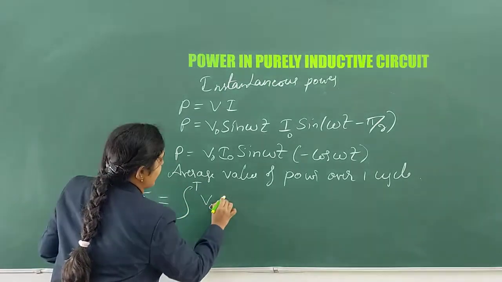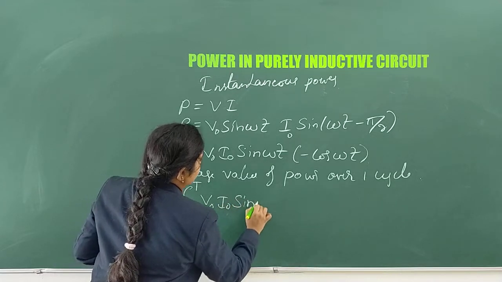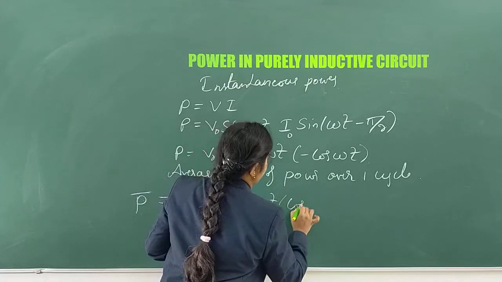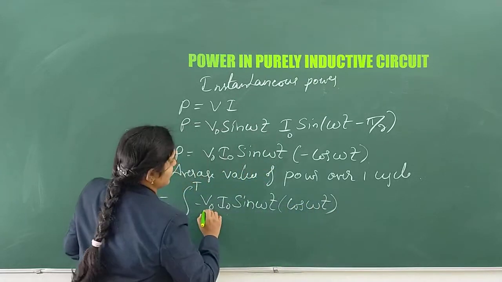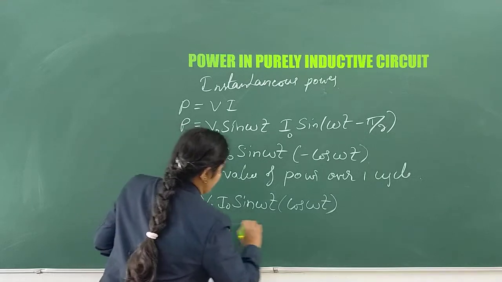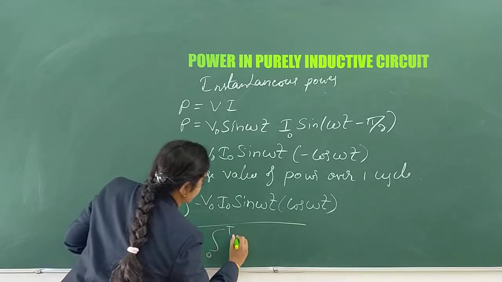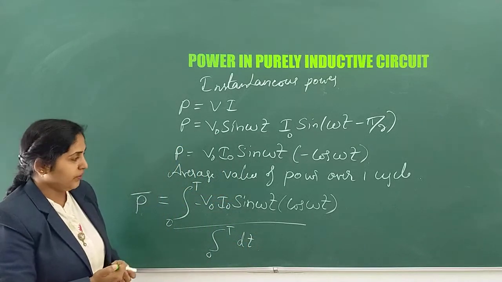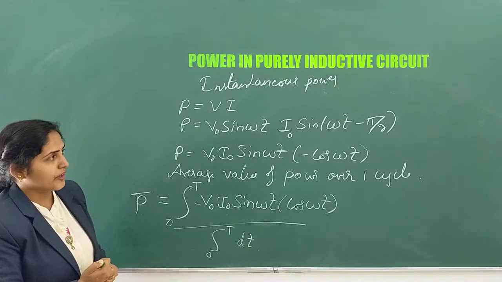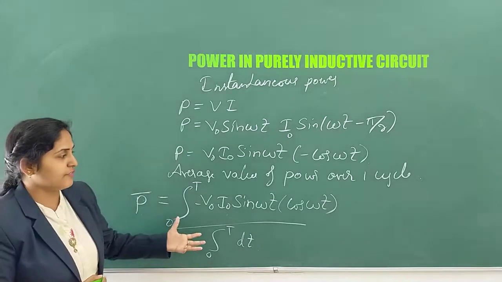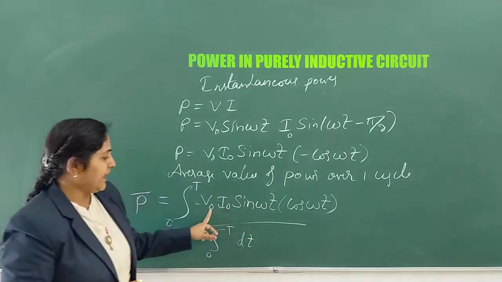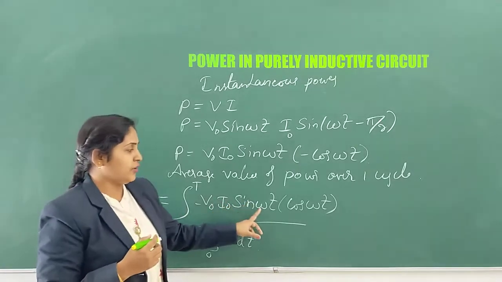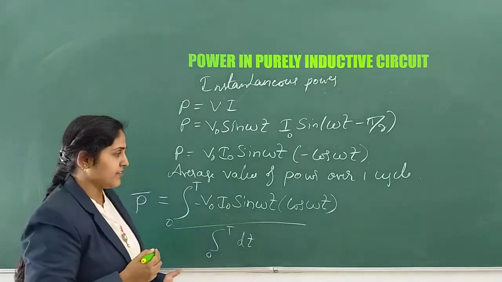So V naught I naught sin omega t, minus, I'll write here, cos omega t, the whole divided by the integral from 0 to T with respect to dt. In the denominator, let us integrate with respect to dt to get the average value. After getting this, I can take V naught and I naught as common, and this sin omega t into cos omega t can be written as,